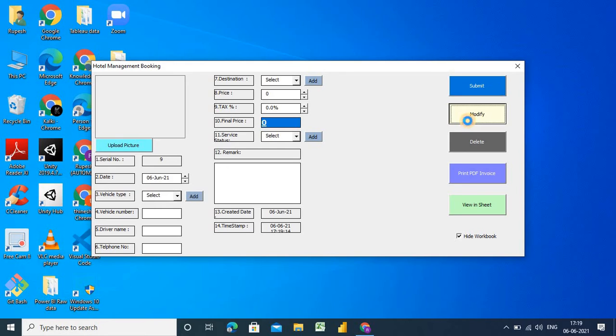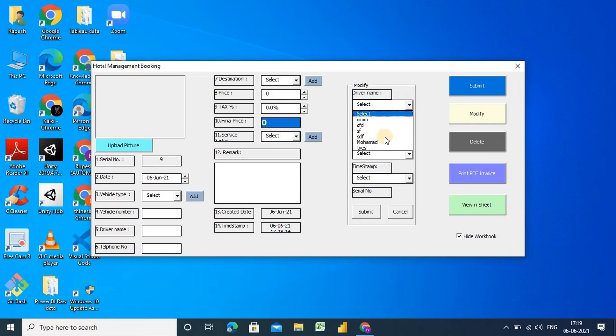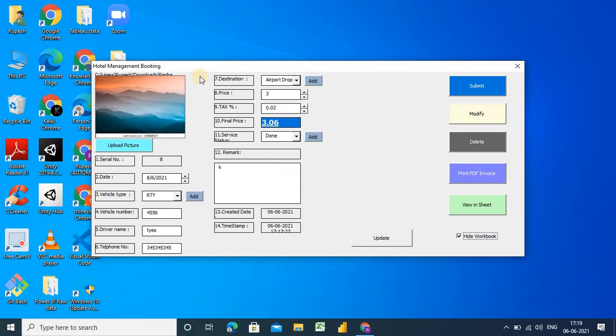Now I again want that data, I want to make some modification in that data. So how will I do that? Click here, select your data type, like ties or something, whatever, let's say ties. Select your driver name. Wait, actually for modification it will take some time because it is validating the entire information. RTY, selected date, timestamp here, and if you click on submit, you can see the entire data comes here again.